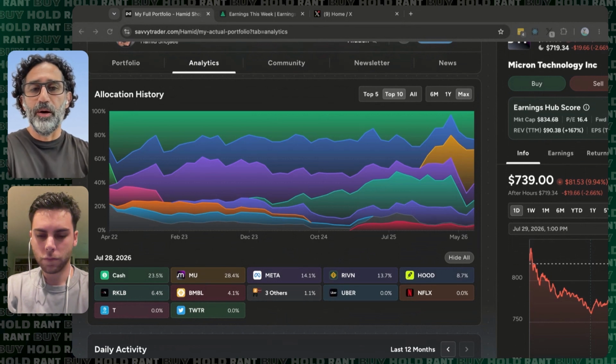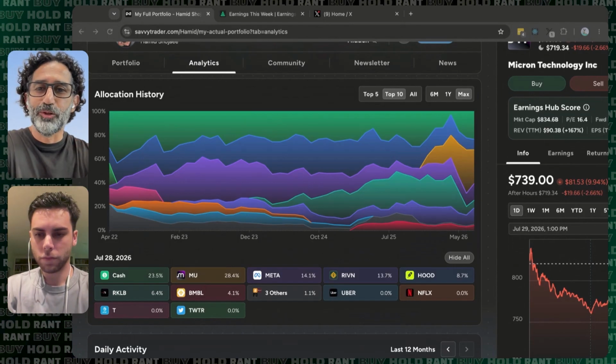Now, one might argue that Rocket Lab being down 60% from its highs is back to being in a reasonable price range again,